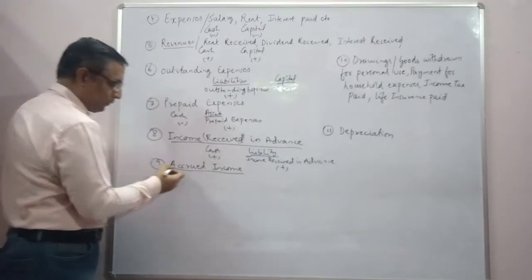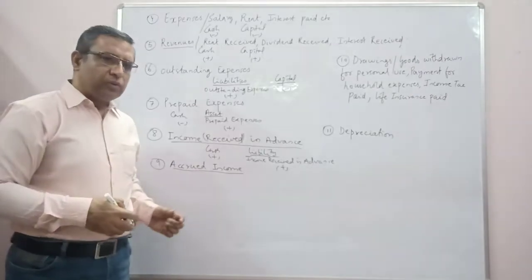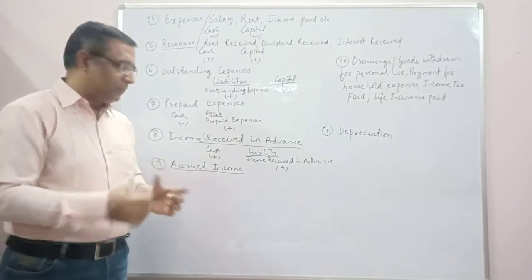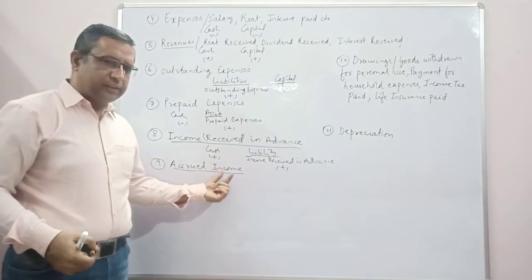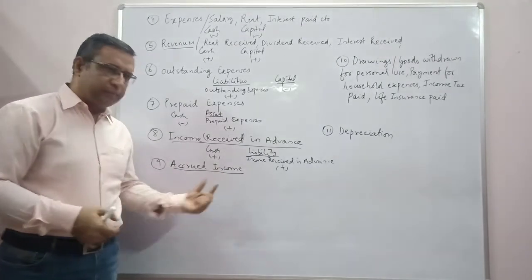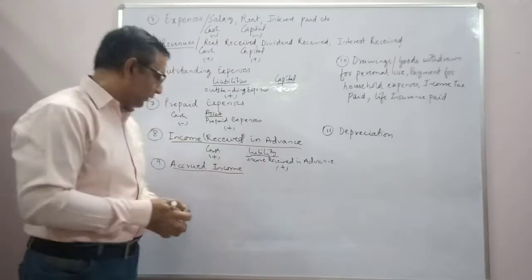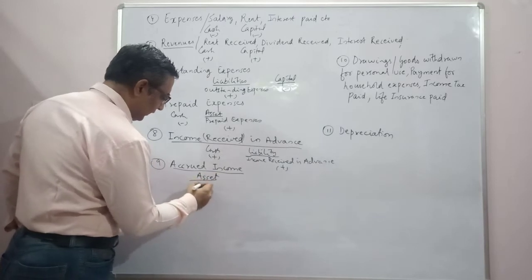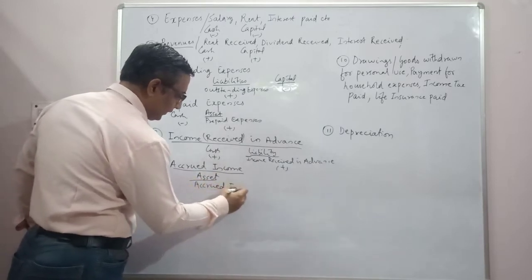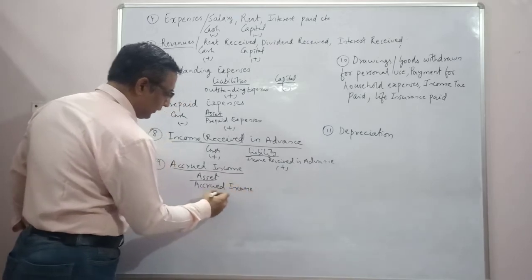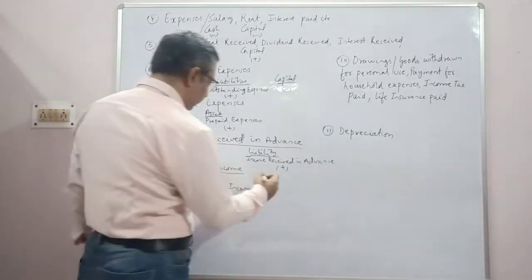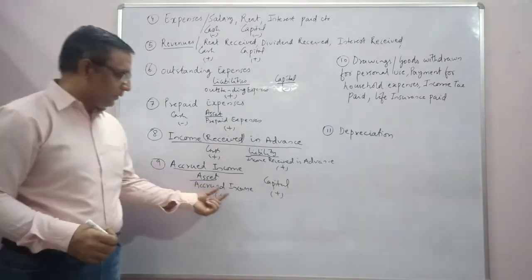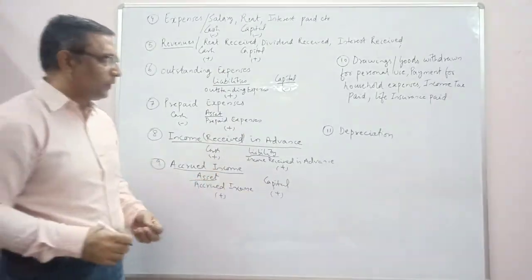Now comes accrued income. Accrued income is income whose receipt you have not received, but the act you have done. You have performed the performance, but you have not received the cash receipts. So accrued income is the amount that you are going to receive in the future. So this is our asset. We will write here accrued income in asset, and we will increase it. As well as our income will increase, that is affecting the capital also. Capital is increased. Both accrued income and capital increase, so our balance will always be equal.